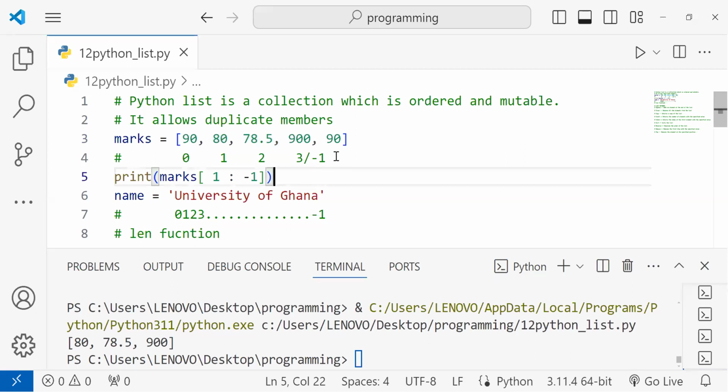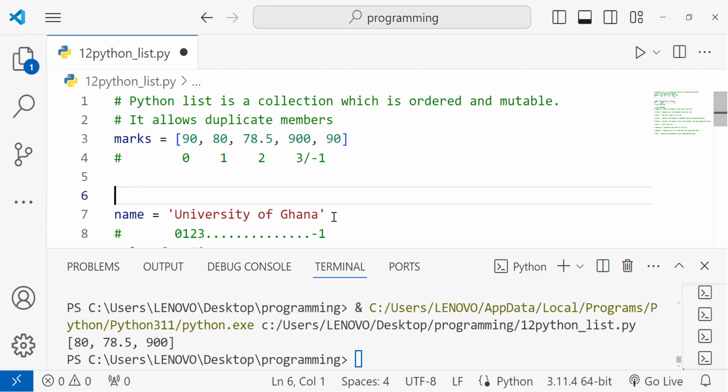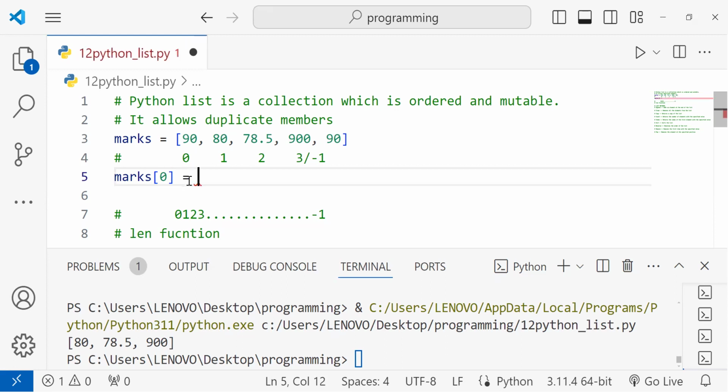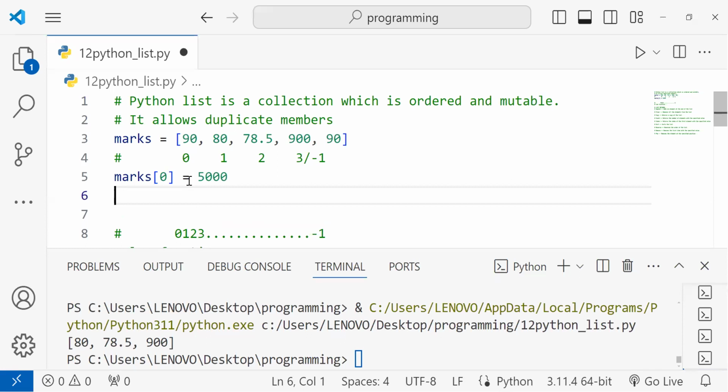Now, there's something I also want to show, in that we can actually grab, because lists are mutable, okay? When we say something is mutable, that means it can change. The mutability, it can change. So I can say, for instance, max and pass in index 0. When I say index 0, what I mean is, now I want to take that index position and assign the value, and this time around, let me be very obvious, assign the value 5,000. So because of the mutability, now later we are going to see that other data types, this is not going to work. If I'm to do a printing of the max,